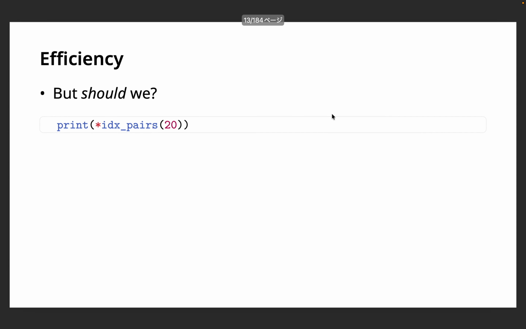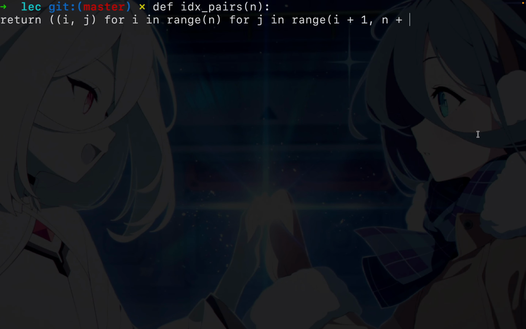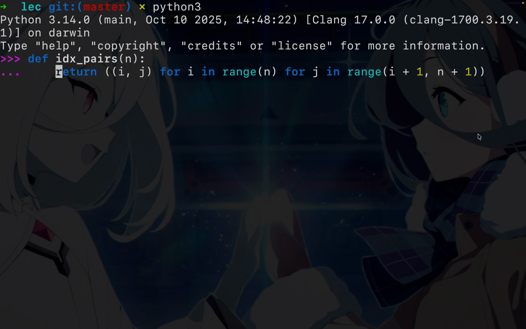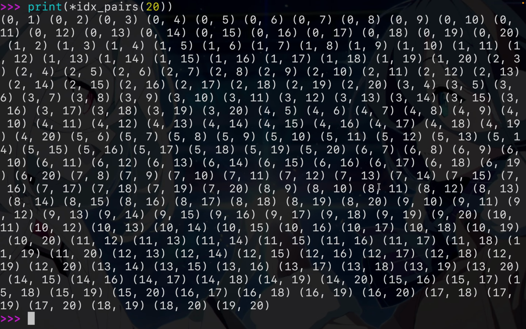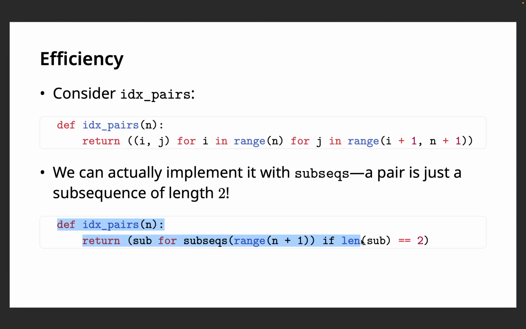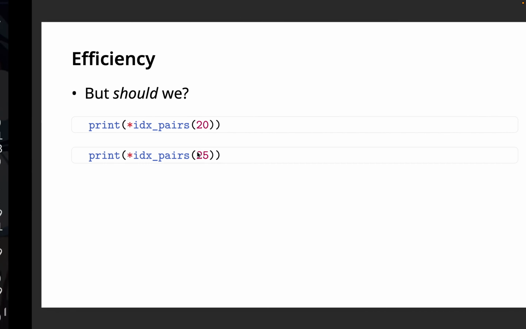If you think about what actually happens, let's say I have this first one here. Let's put this in interactive mode. Here you have your first index pairs function, and if we do print index pairs 20, we'll get all of these pairs over here. And if we have a subsequences function, we can also try to implement this. And the point is, if we keep doing inputs like these, so let's say 25,